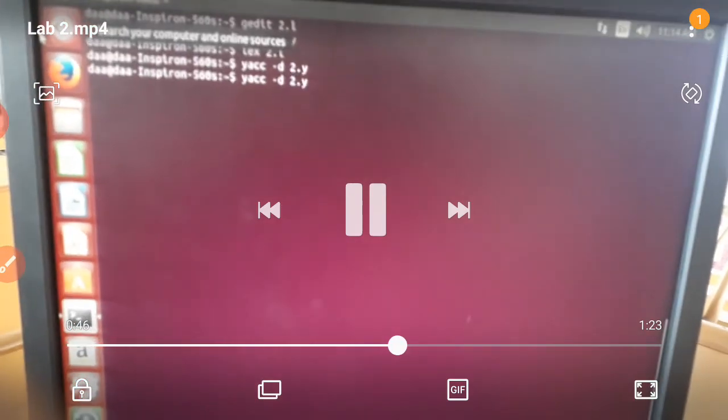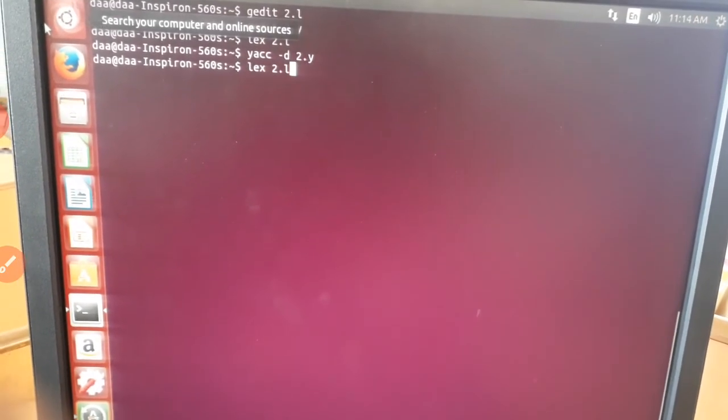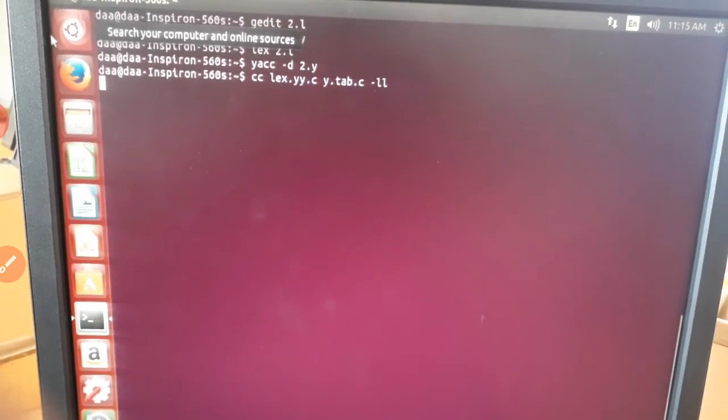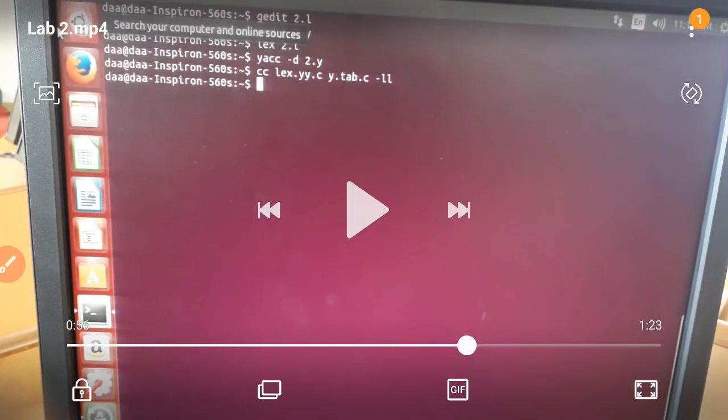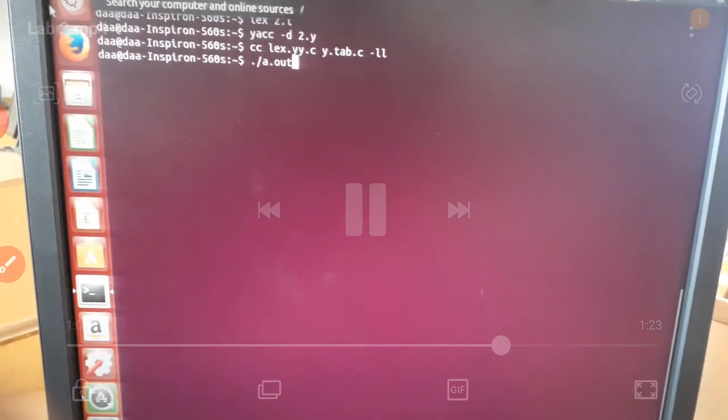Then you can use cc lex.yy.c y.tab.c -ll. This is the compilation of both lex and yacc. Then later you can use ./a.out, which is the command for executing any program.